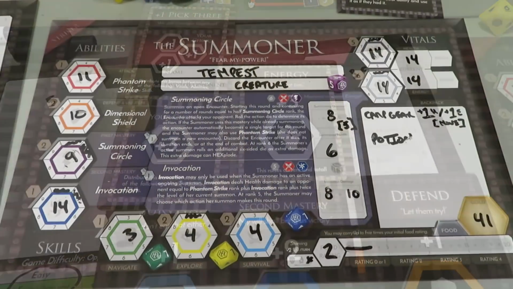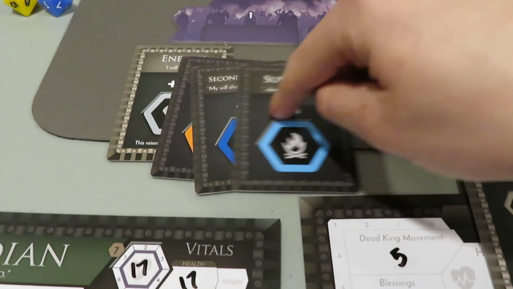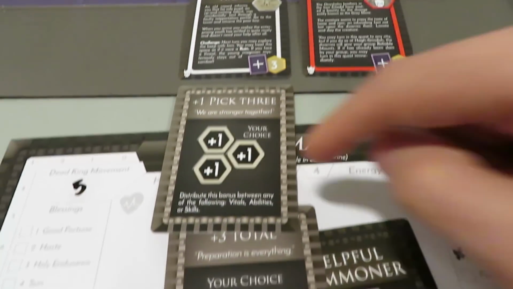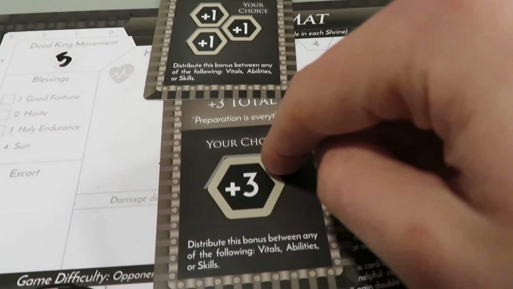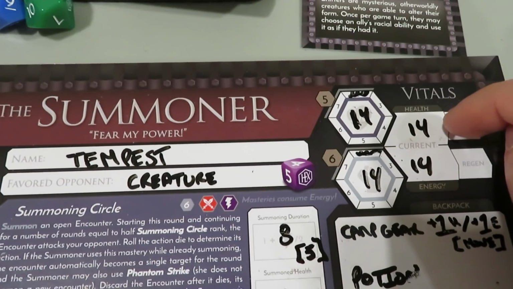All right, and the Summoner is all updated. So what I did was, of course, the ones that I had to put into certain buckets, I've done those. So those ones I had no choice on. 4 of the 6 cards for the Summoner. The other 2, I was able to split some stuff up. This one was your choice 1 for 3. So I decided to bump up health, and I bumped up health by 3. So now that one's at